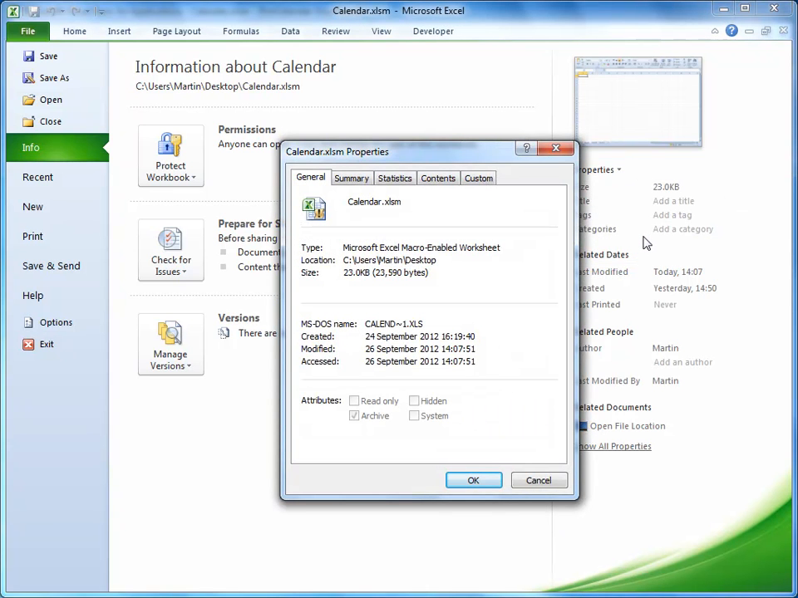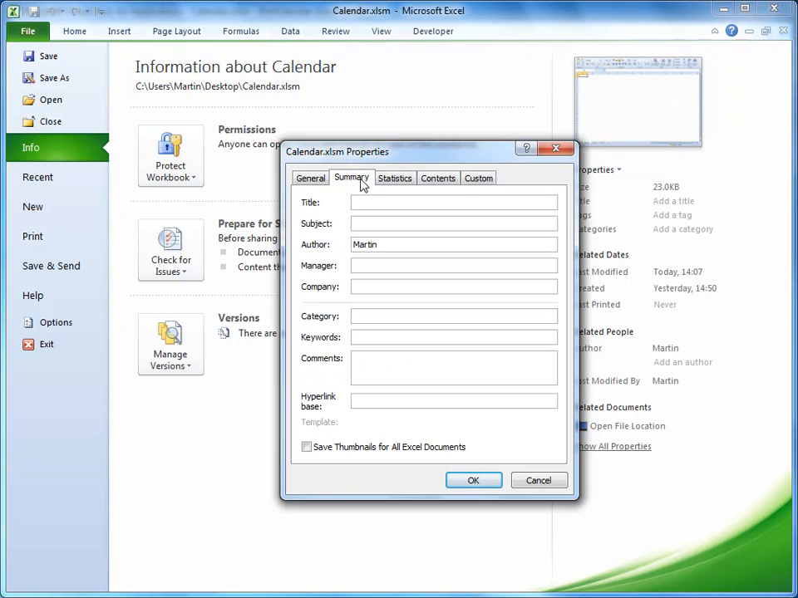Another way to do this is actually to close the file, go and find it wherever you've put it on your computer, right click and choose Properties. You'll get to the same window, and then on the Summary tab, give some information about the file. So I'm going to call this, the title is an important one, pop up calendar, because that will actually become the name of your add-in as opposed to its file name. The author, I'll put my full name in here, and I'll also put my web address,